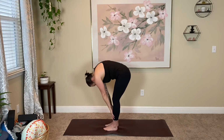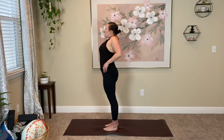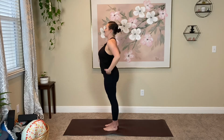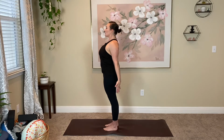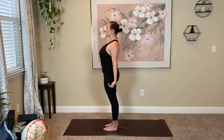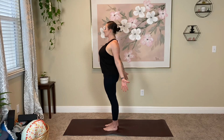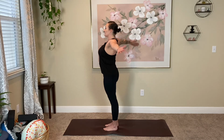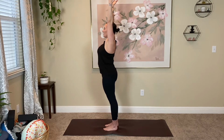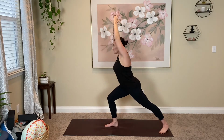And inhale, roll it up. Follow through with those shoulders at the top, all the way up. Exhale, take them back. Reach for the floor. We're not going to take a back bend, so I want you to tuck this tailbone in, pull those abs in nice and tight, broaden the shoulders back, kind of flip the hands back with you, work through the body there, and then we'll inhale, take those arms all the way up, and we'll step back into our first warrior